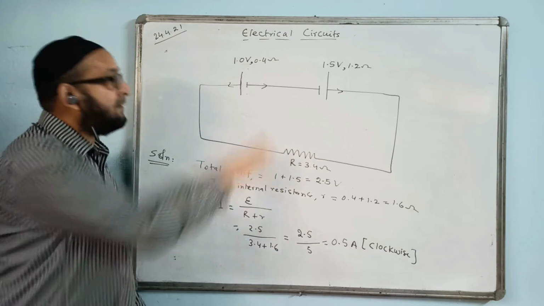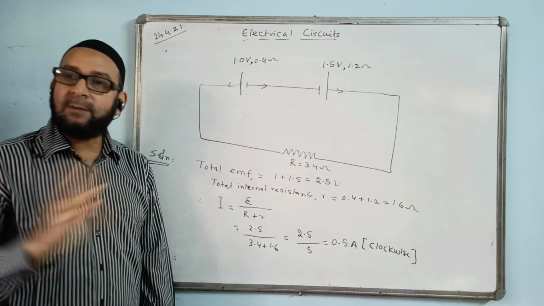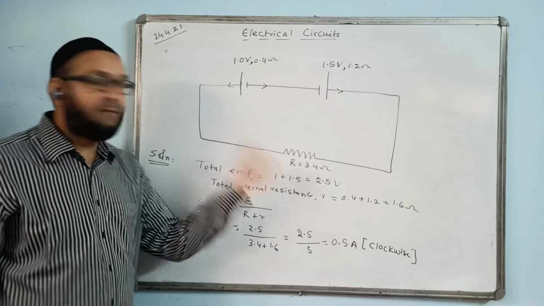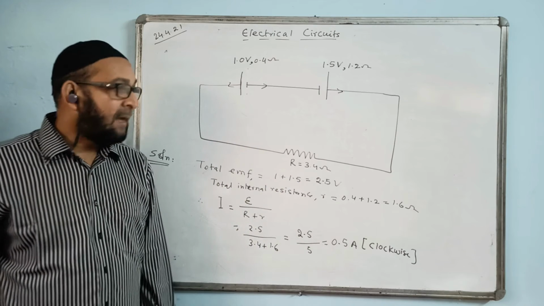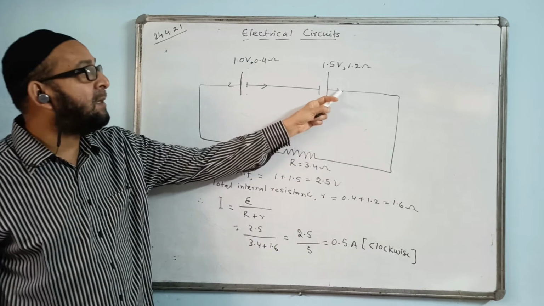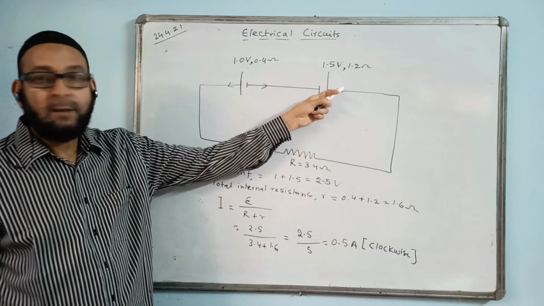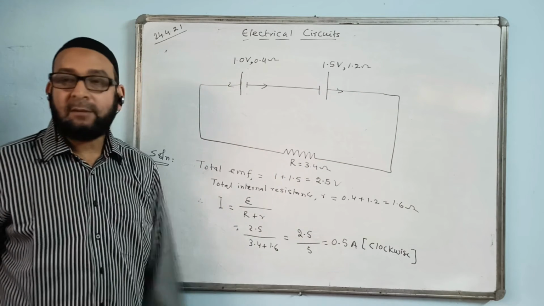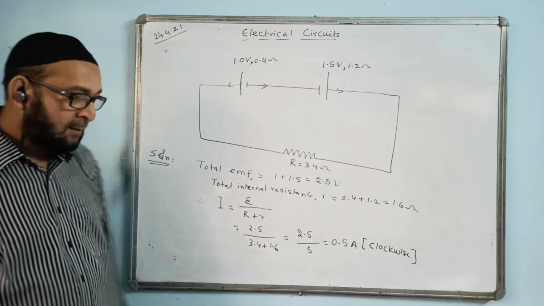And then the rest of the resistance will not be subtracted; resistances in series will be added. We'll do the same thing, taking the EMF value 0.5, and a different answer will come out. The direction of current that time will be the direction of the bigger one. I think this current is bigger because of the bigger EMF, so clockwise is dominating over anti-clockwise. So we will write the answer here as clockwise in that case.